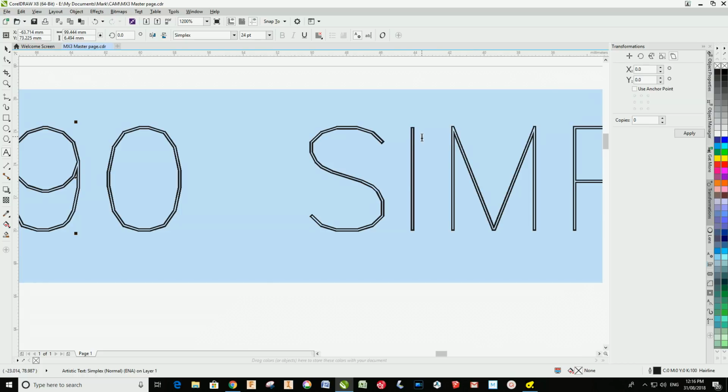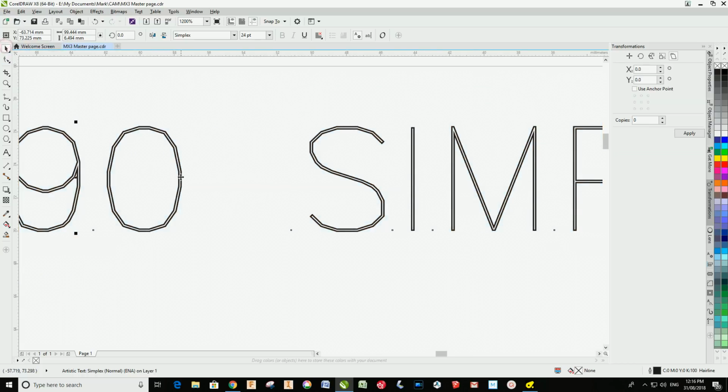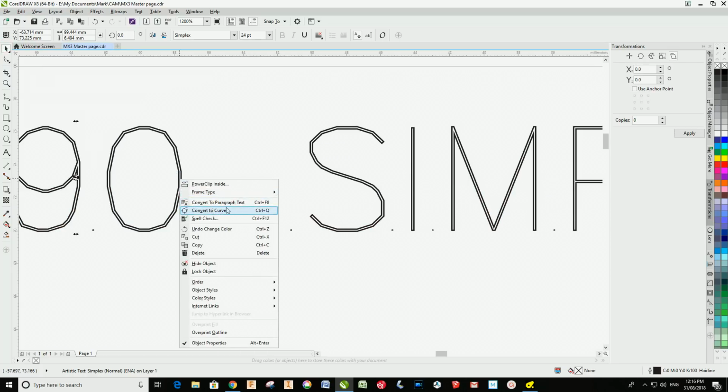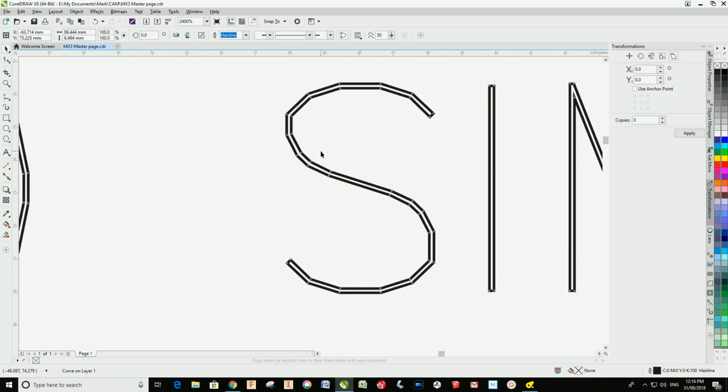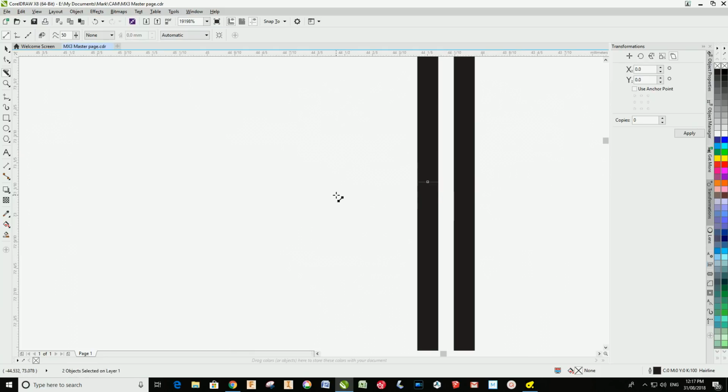Now what I did might seem a bit strange, but I'll show you what I had to do. I will convert these characters into curves. So this is now a true vector path, and you can see the control nodes there. And then I deleted individual nodes. So I used my shape tool, and I just went around and deleted the nodes one by one. Now that might seem like a straightforward thing to do, but it's still actually a closed loop. So I also had to cut through the outline. So I used the knife tool, cut through there. Okay, so I cut through that outline there, and then I can delete that node